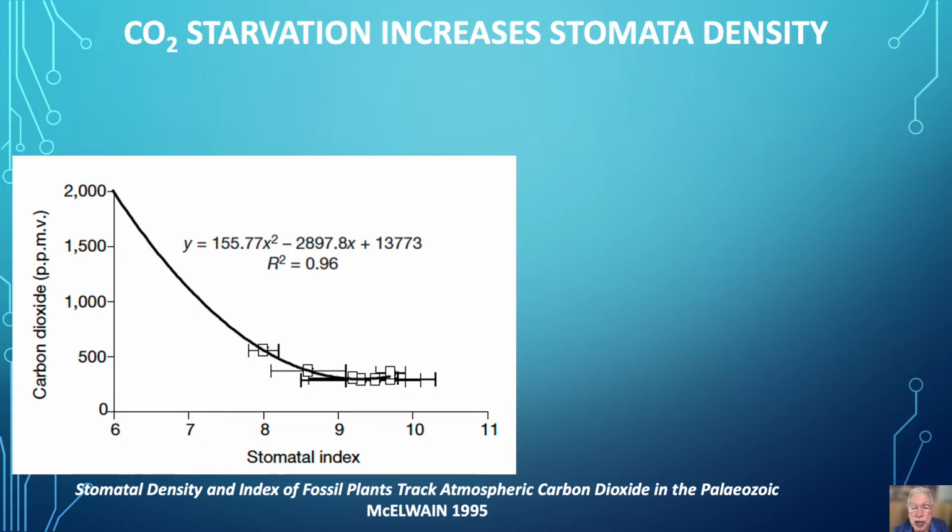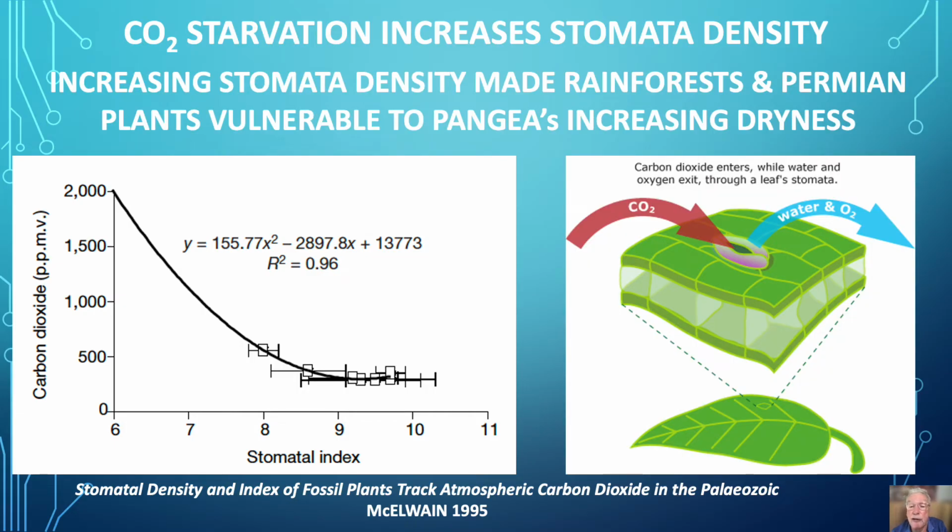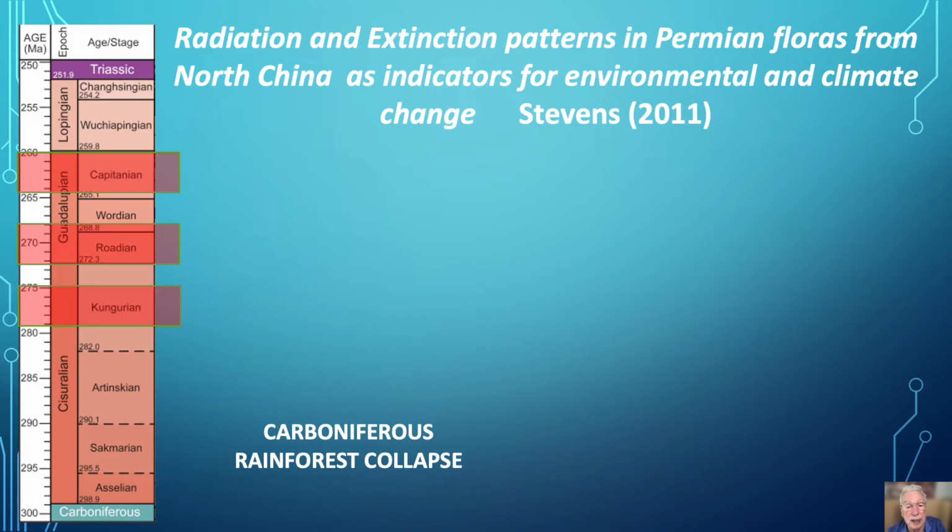Both laboratory experiments and paleontological evidence show most plant species respond to low carbon dioxide concentrations by producing more stomata to increase CO2 diffusion into the plant. However, more stomata increased water loss and made the Permian plants more vulnerable to the increasing dryness throughout Pangaea's formation. As a result,